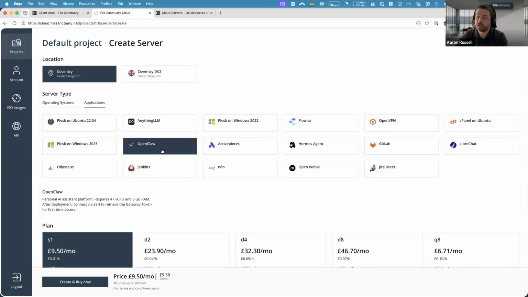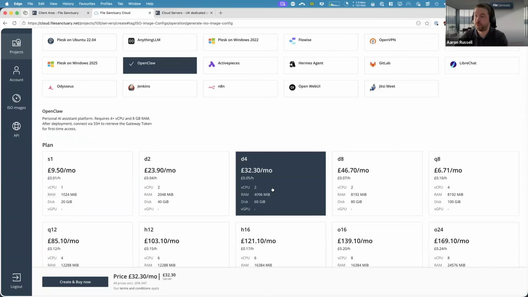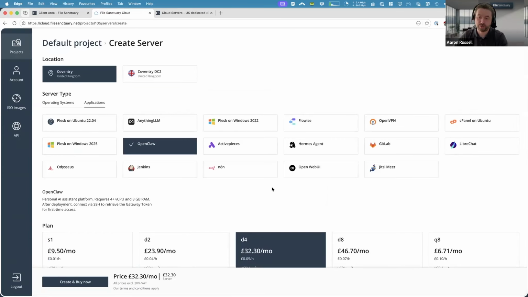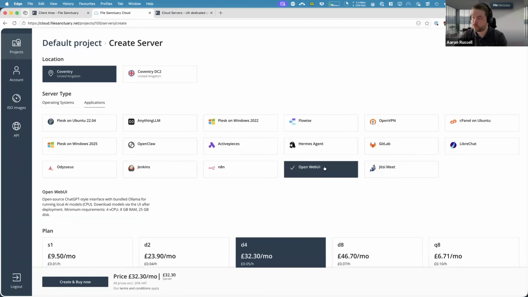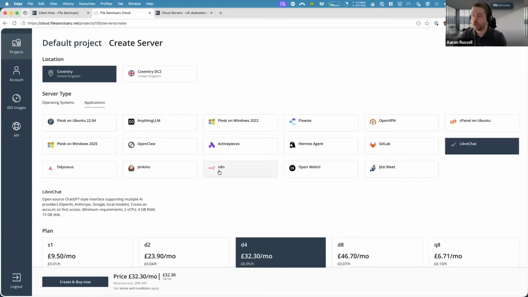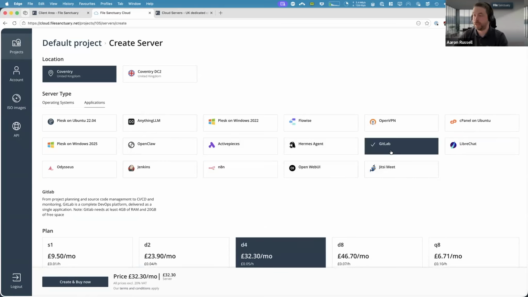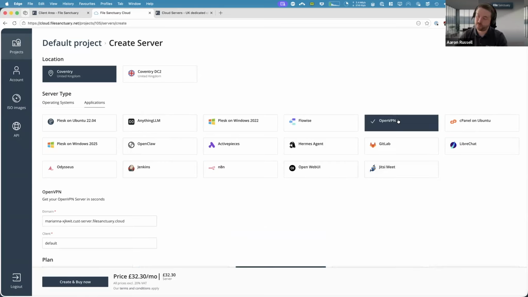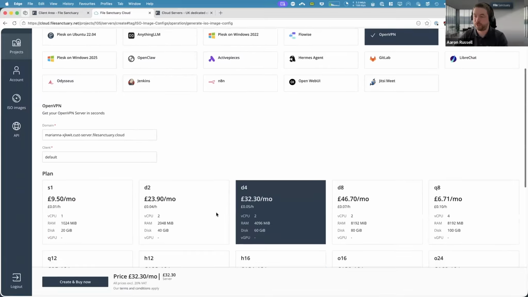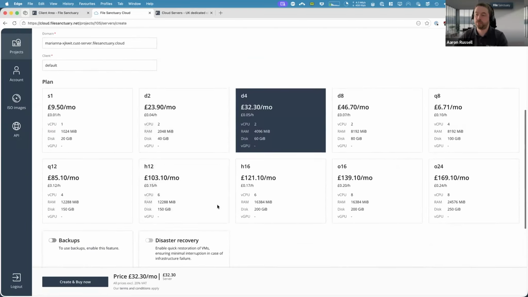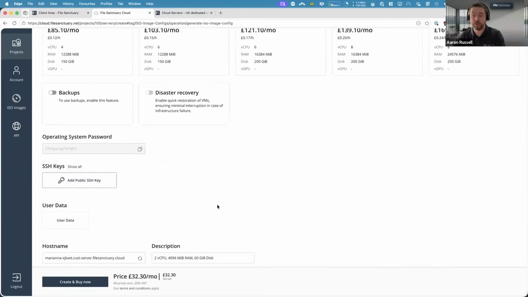You can click what server size you want, and you can have OpenClaw up and running in just a few seconds. Maybe you prefer Open Web UI, you can have that up and running. Or if you want LibreChat or N8N or GitLab or OpenVPN, they're all just a couple of clicks away. You can configure how you want, and then the server is built for you in a matter of minutes.